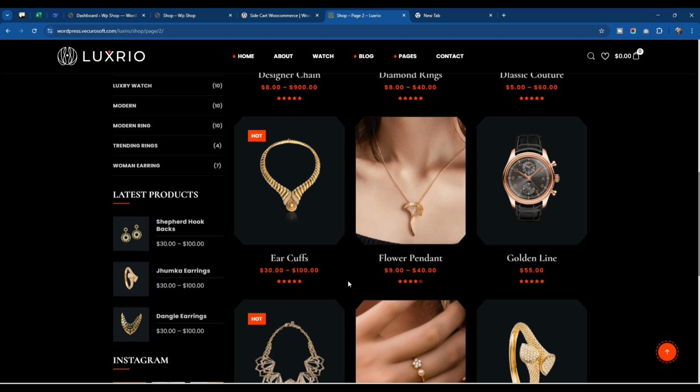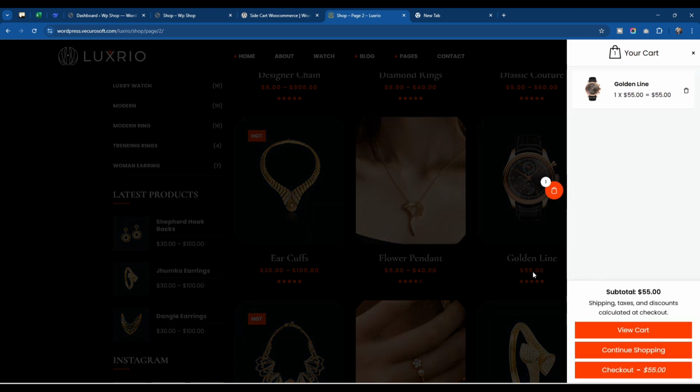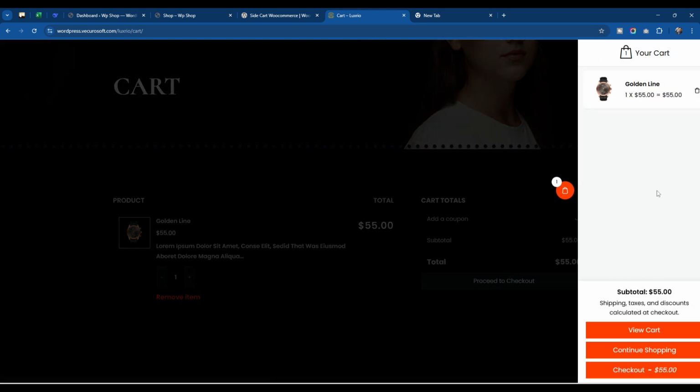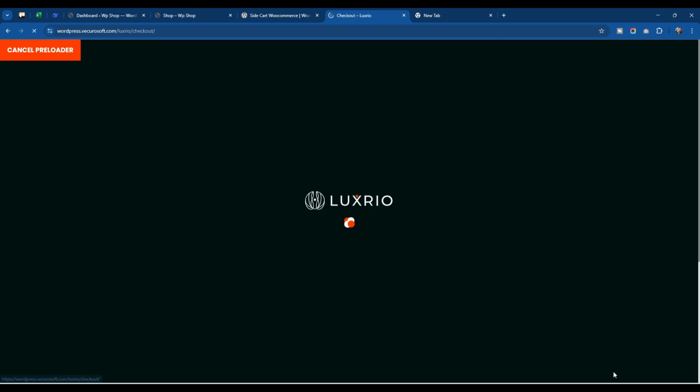So you were watching that I am in a website, and if I click on the add to cart button here, then within 2 seconds a sidebar cart comes, and the design is so beautiful. It has the view cart button, and it has the options to go to continue shopping and to the checkout page. If I go to view cart, it will take me to the cart page. And if the customer wants to go to the checkout page directly, he can also go to that page. So from here,